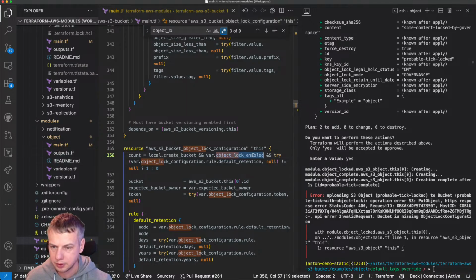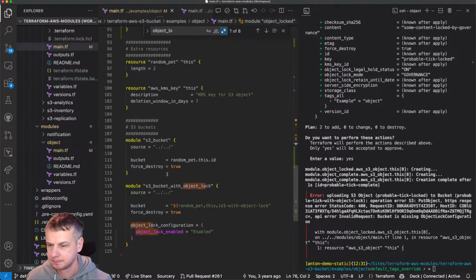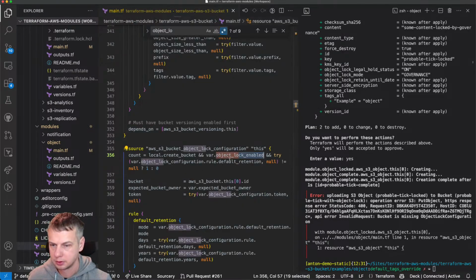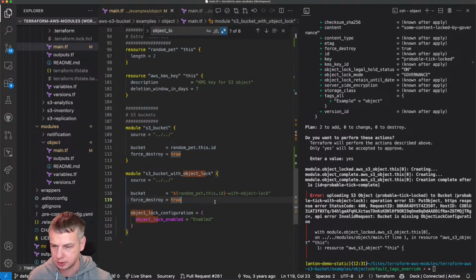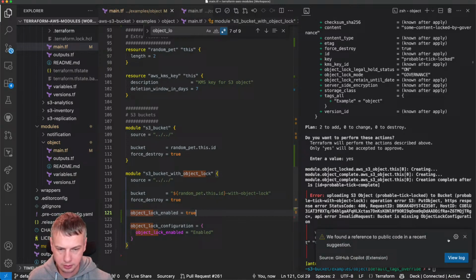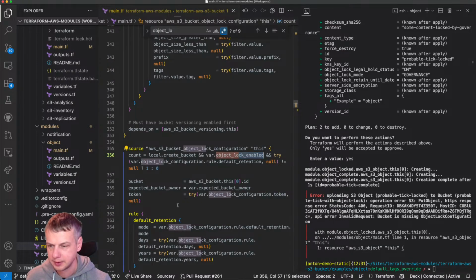Do we have this object lock enabled? No, we don't have it here. We should have this one. Okay, we found the reference. Good luck. Okay, so at least this is better.